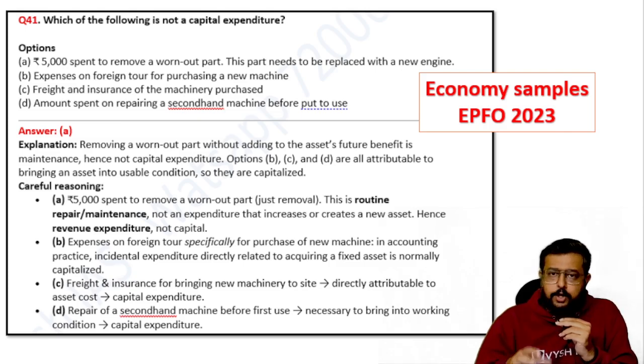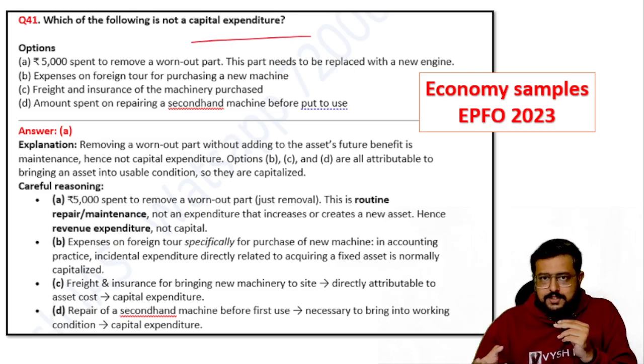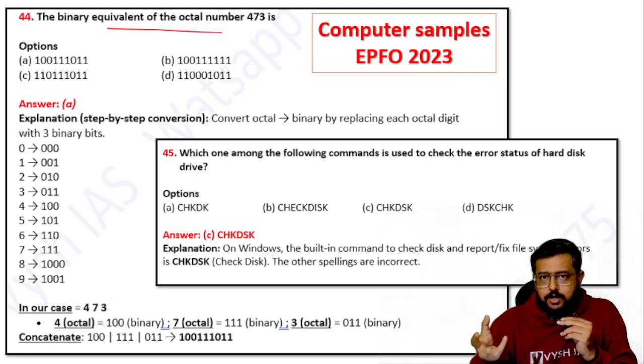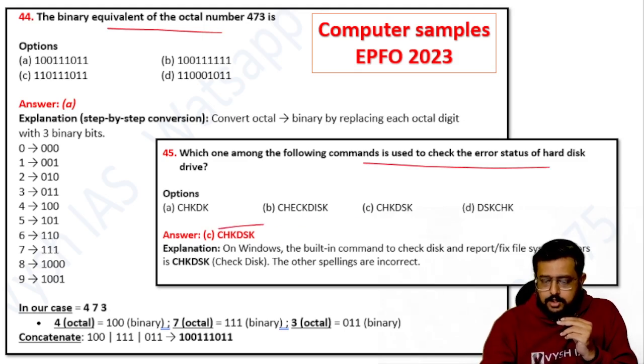And then economy, like which of the following is not a capital expenditure, which of the following is not a part of budget, like that they'll give you the theoretical thing in statement format. Okay, then computer samples. It can be convert a binary number to a hexadecimal number or to a normal number, that kind of questions will come, or theoretical questions like error status on a hard disk, how will you check, or what is the command for that, that kind of things. Okay, so these and all will give you enough and more notes which are related to this, and then solved